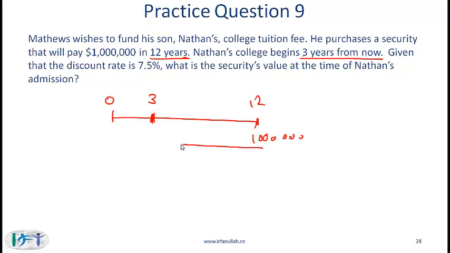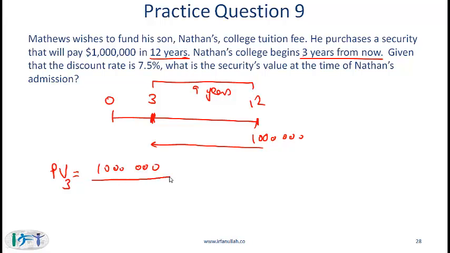We need to discount this back. How many periods? Between the end of year 3 and the end of year 12, we have 9 years. So this needs to be discounted back 9 years. And again, you can do this on the calculator or you can do this using the formula. The present value at the end of year 3 over here is equal to 1 million divided by 1.075 to the power of 9. And the answer that should give you is